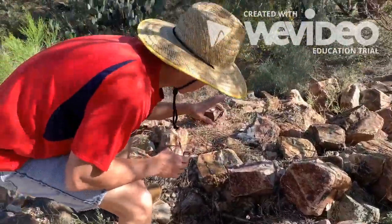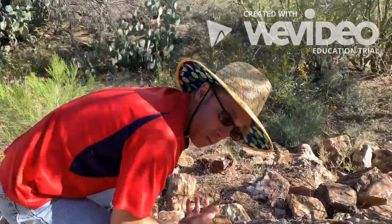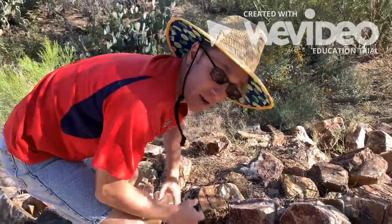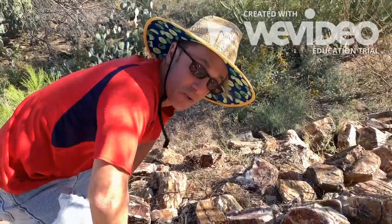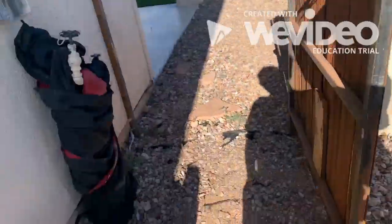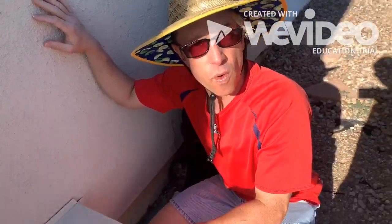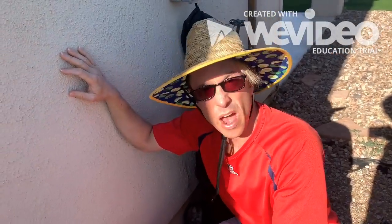And this pack rat nest has cholla and rat droppings and other assorted materials that don't belong there. And the pack rats have gathered all that to their nest. And that cholla is designed to say, hey, leave me alone, predator. I got cholla on my front door. Okay, so far so good. But the problem over here is they just don't belong with this equipment. So let's think of some creative ways that we can get rid of these pack rats without having to kill